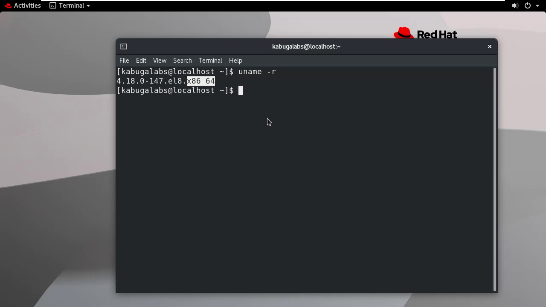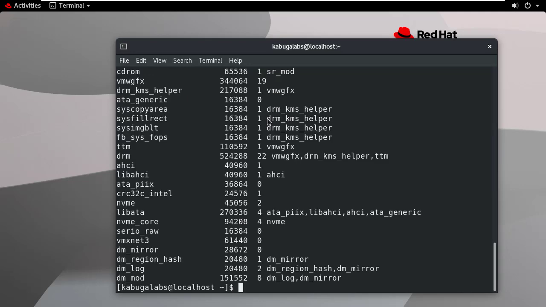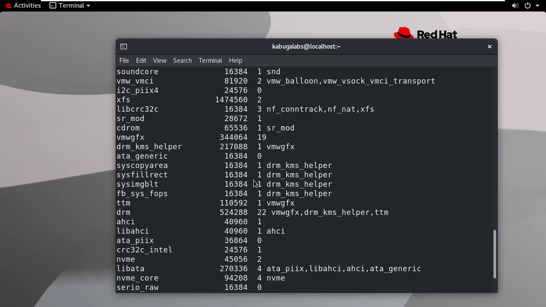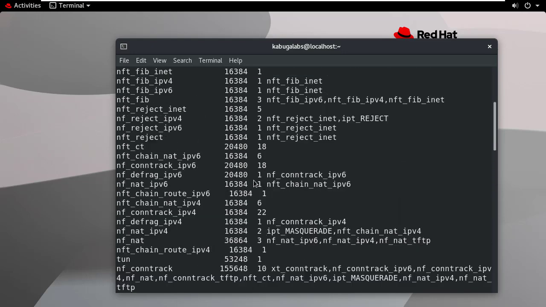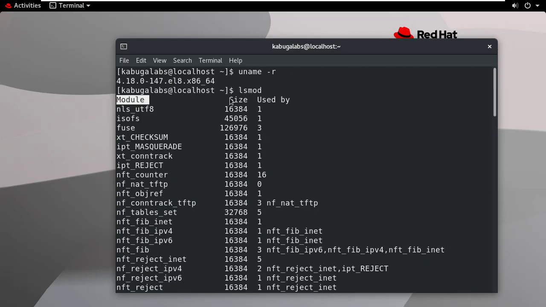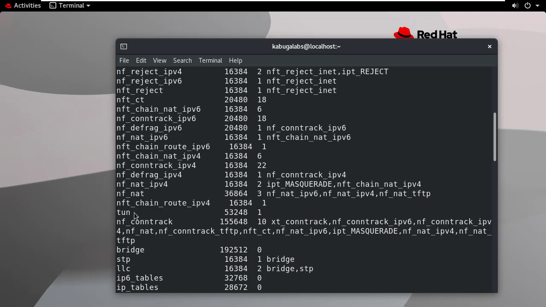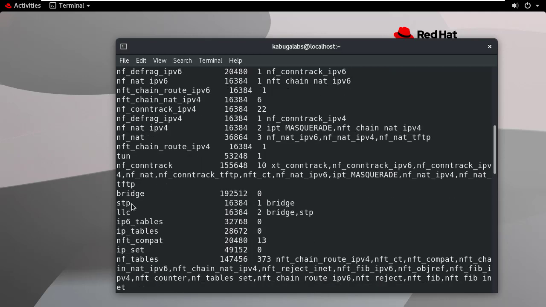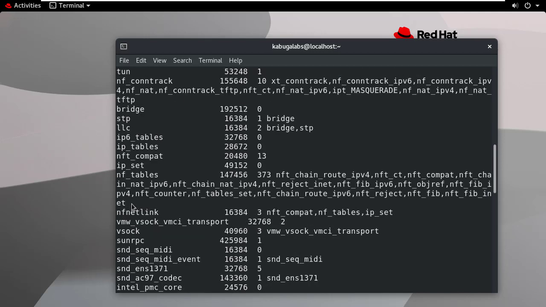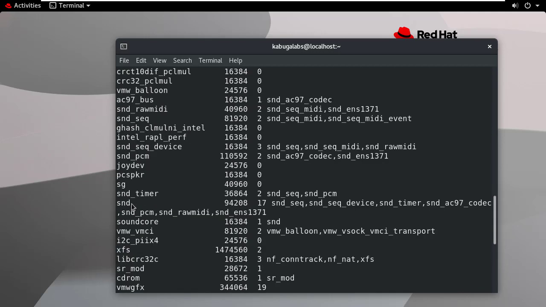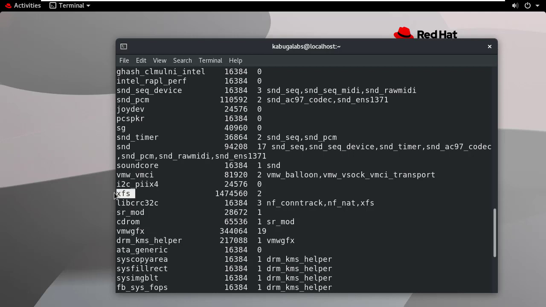The next thing we are going to see is the modules that are currently loaded, and to do that, just type lsmod and hit enter. Look at all these, so there are so many. Let me scroll up. We have the module, size, and used by. tun, tunnel, this is for networking. STP is, no, it's not what I thought it is. I thought it's FTP. Oh, I recognize one. XFS. This must deal with the XFS file system that we will later cover.